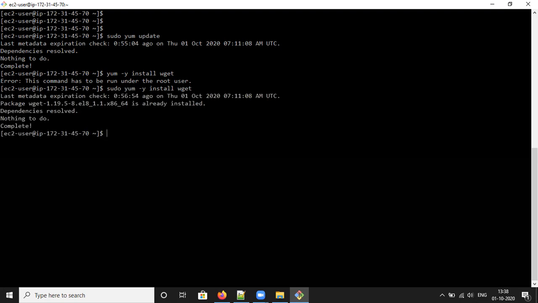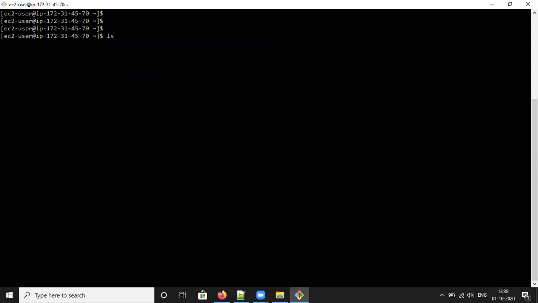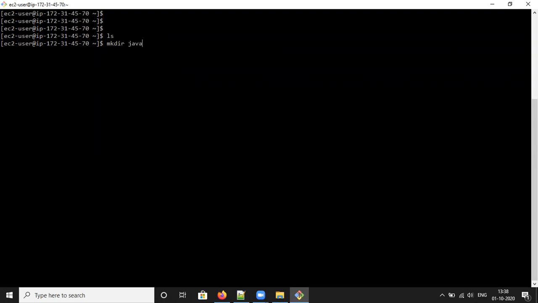It is also up to date. There is nothing to update. Clear the screen. Type ls. Now we can make one directory: mkdir java, then cd java to go to that directory.